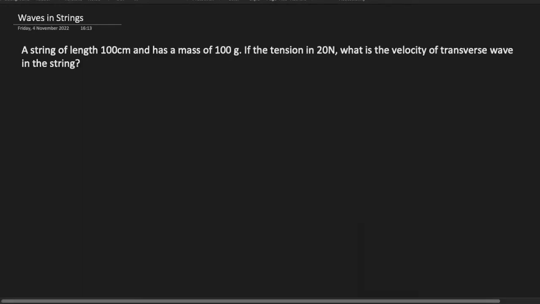Let's start some numericals on waves in strings. The first question is on the screen. A string of length 100 cm has a mass of 100 gram. If the tension is 20 Newton, what is the velocity of the transverse wave in the string? So here, the given quantities are